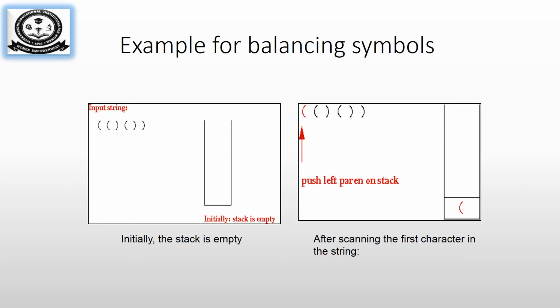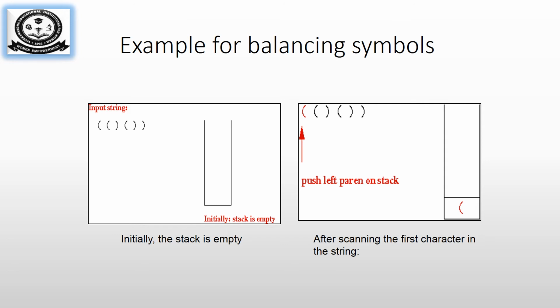So let us see an example of how it is done. In this example, we consider only the open and close parentheses of the given string. We have two open parentheses, then a close parenthesis, again an open parenthesis, then two close parentheses. When you count them, both are equal, but we are going to check whether they are in a proper, balanced order. When you see an open, you push it into the stack. When you see a close, you pop an open symbol from the stack.